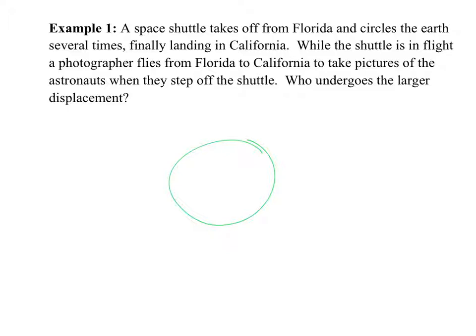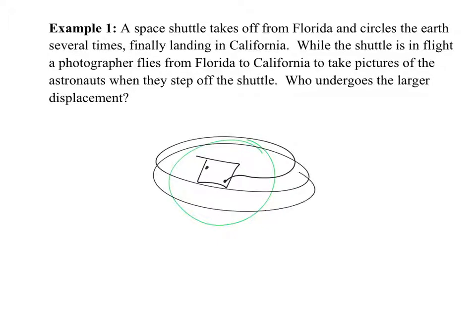So here's the Earth. How would I visualize the astronauts? Make believe, I'm a terrible artist, so this is the US right here. And here's Florida, and here's California. How would I illustrate or visualize the space shuttle if I were thinking in my head? I'm going to draw what you should probably be thinking. So they lift off from Florida, then what do they do? Show me physically what would happen. Yeah, they would loop around the Earth a couple times, so maybe do something like this. And then they land. That's the path that the shuttle would take, because it says that they orbit the Earth several times.